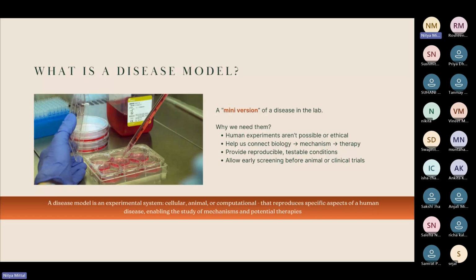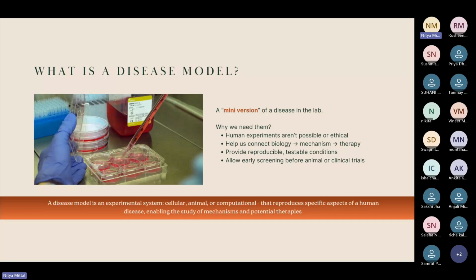But when you make a mini version of disease in the lab using maybe say their cells, you're able to do a lot more standardization as well, and think about what other internal cellular biology might affect your final result. You can also allow some early screening before animal or clinical trials, making sure that everything that you're doing is safe. You can basically study what the toxicity index is like when you're doing it in cells in vitro,